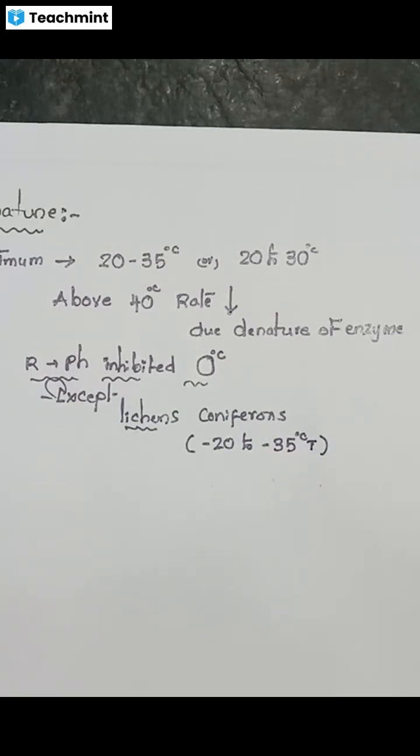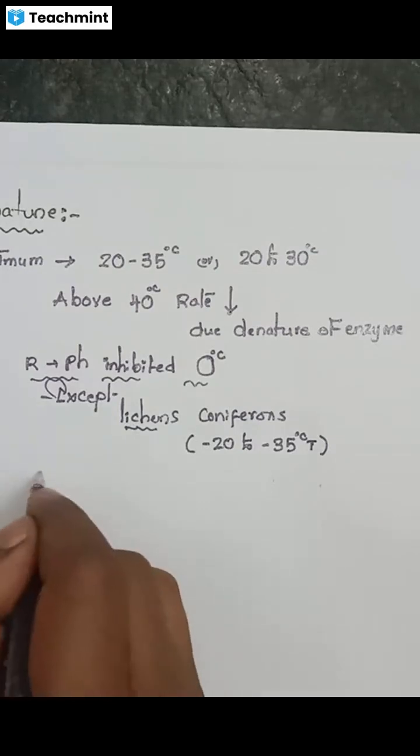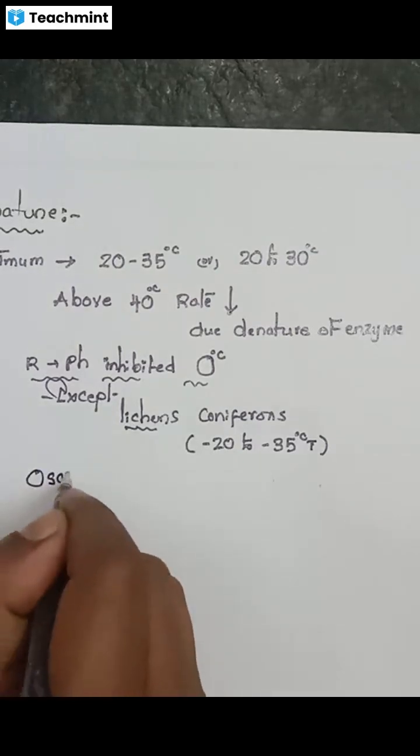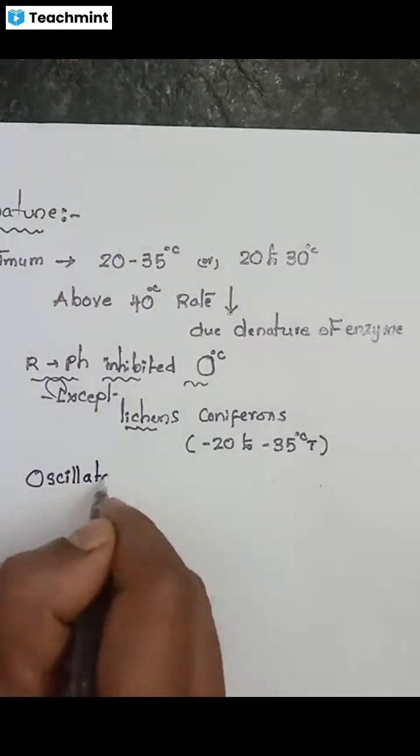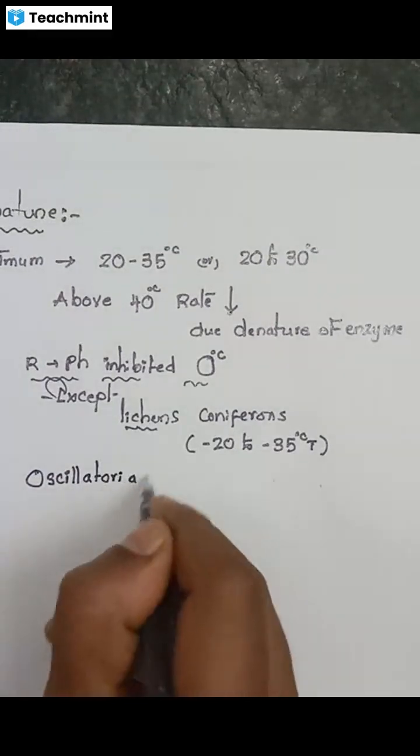But some plants like lichens and conifers show photosynthesis even at minus 20 to minus 35 degrees. So clear. At the same time, the alga Oscillatoria brevis